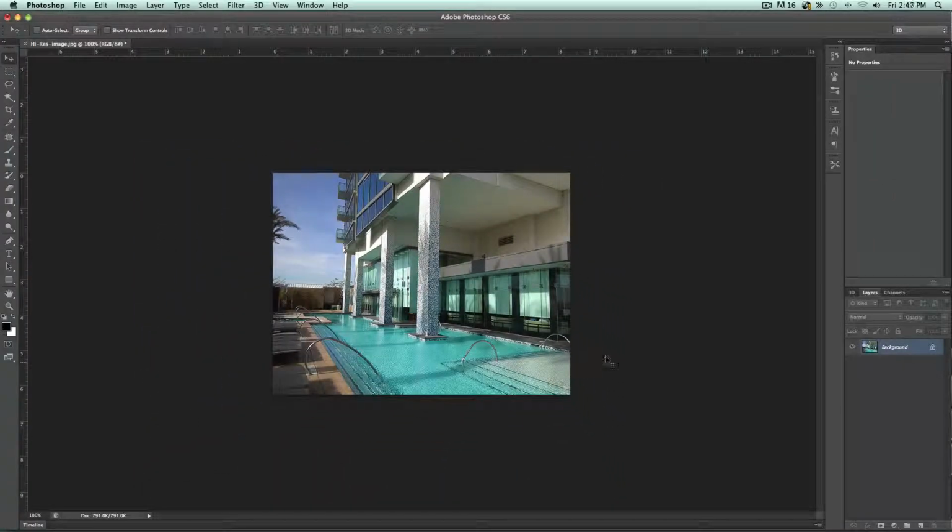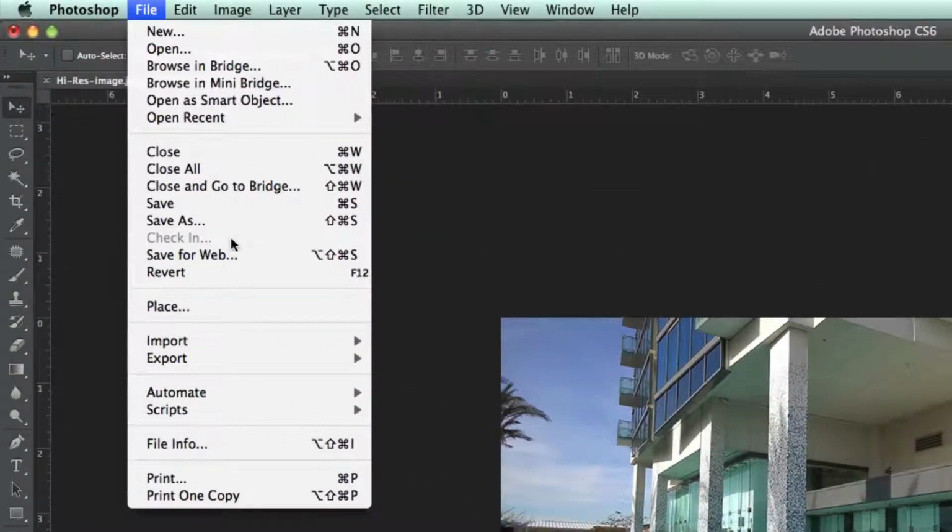And we still have a pretty nice looking image actually. That's the full size of this image. And as we see, we may even want to make it a little bit smaller if it's going to go on our website. Now what I'm going to do is I'm going to save this image, but for websites